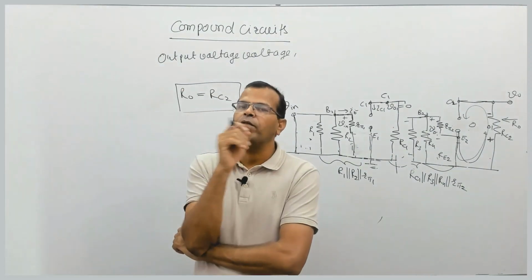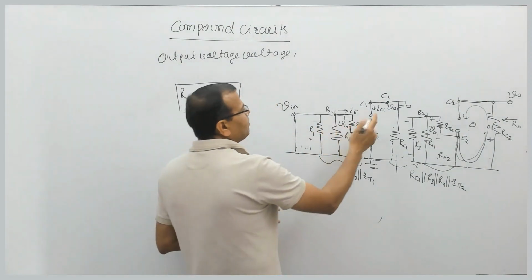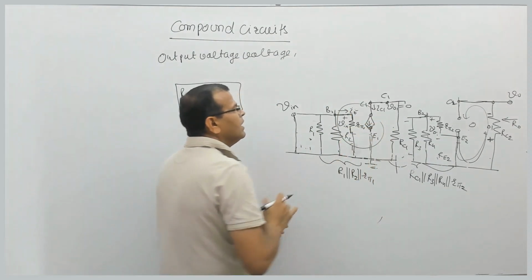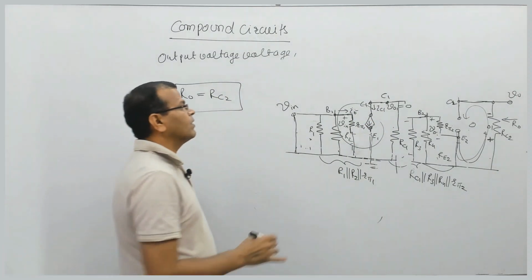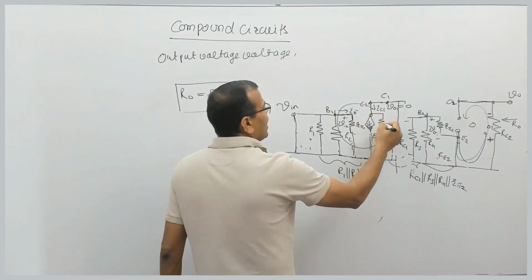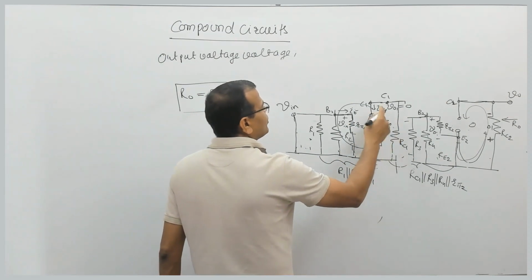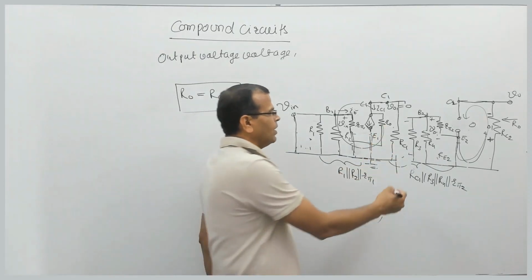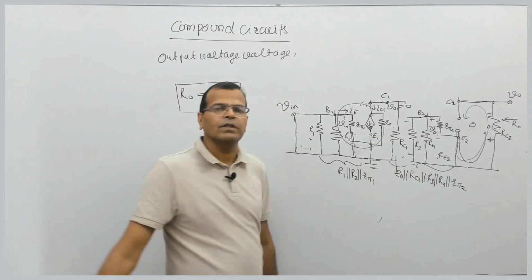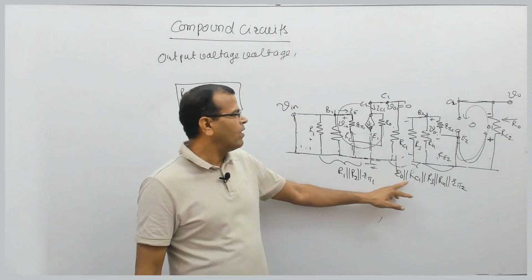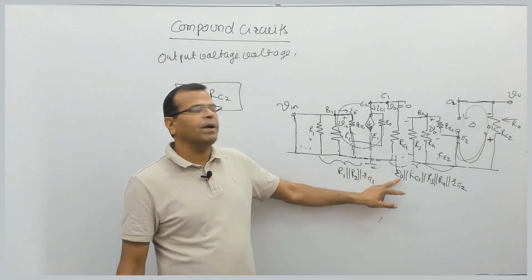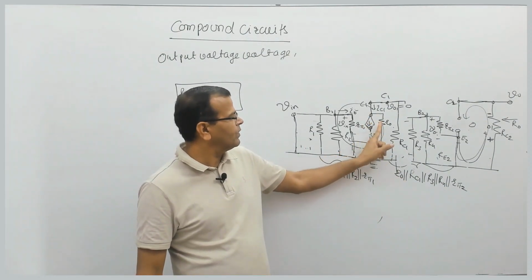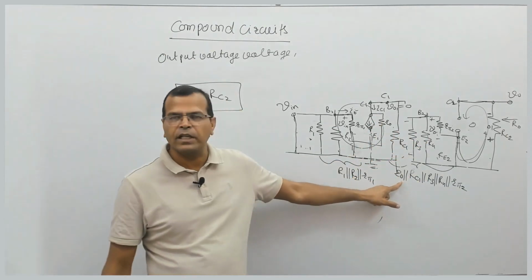But here what I have done is I have replaced the BJT, you please see, this is the BJT, by its pi model. But in some cases you can have a resistance connected, that is the output resistance of the BJT, connected across the source like this. If it is there, this combination will become R0 in parallel with RC1. Wherever you had this, that has to be replaced by the parallel combination of R0. Why? Because this is grounded, so this is a parallel combination, and this becomes this resistance.